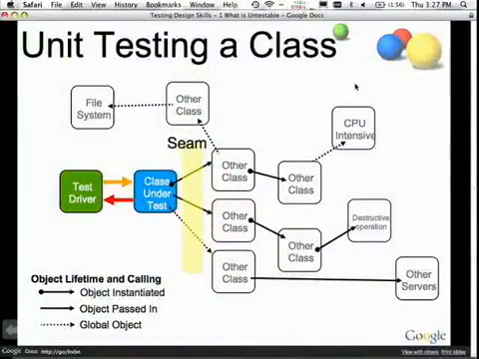So in order to test this thing, we really need something we call the seam. We basically need to be able to take a knife and cut all the dependencies. And the seam is important because it allows us to divert the execution of the code. This is why procedural programming is problematic, or rather static methods are problematic. Because if you call another static method, there's nothing I can do in a test to prevent that call from happening. Now, I'm sure you can come up with a simple case like, but I'm just calling Math.abs, therefore it's okay. But